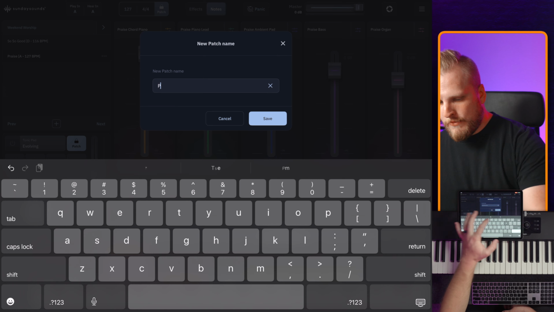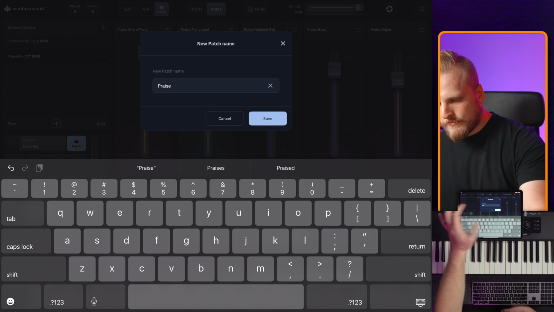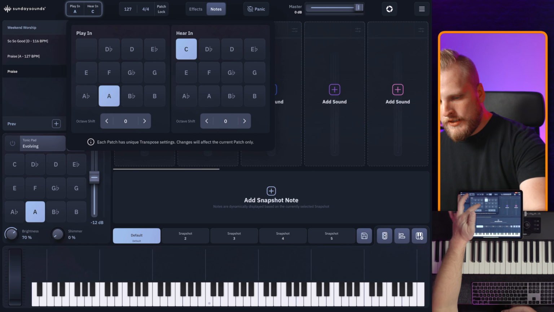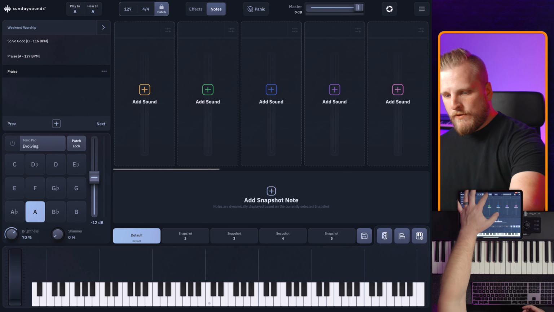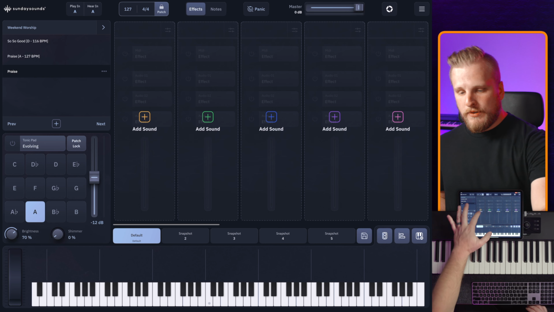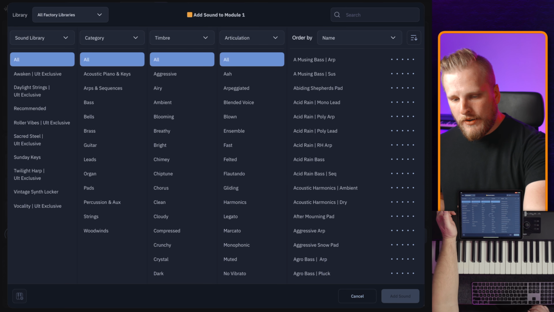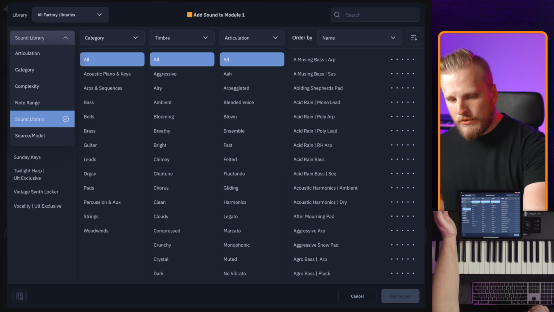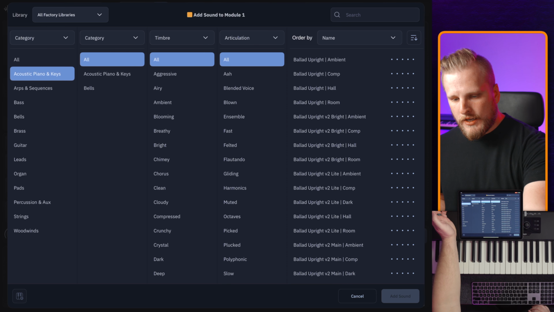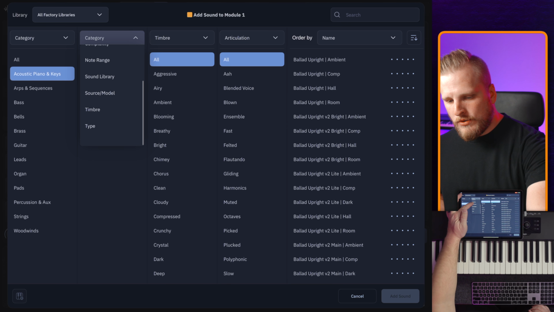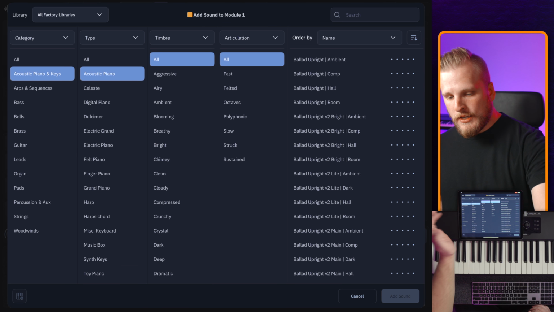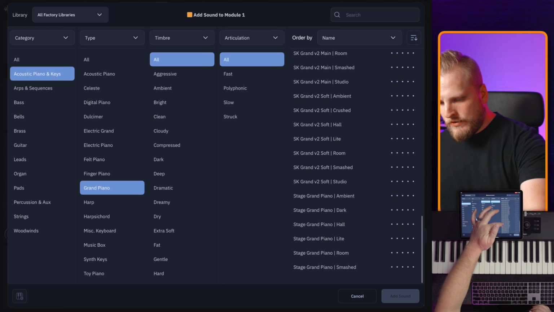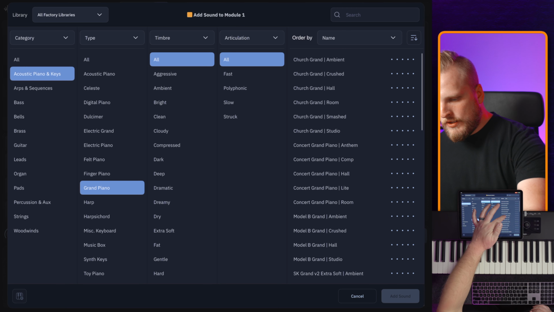So we could just say, I'm going to make a patch for Praise, and I'm going to play it in A at 127. I'll lock that tempo. And then from here, you can just choose what sounds do I want. So I could say that I know I want a piano. I'm going to switch this to category so I can browse in that way. I'm going to switch this to type so I can filter down. I know I need maybe a grand piano, and I'm going to do the concert grand,